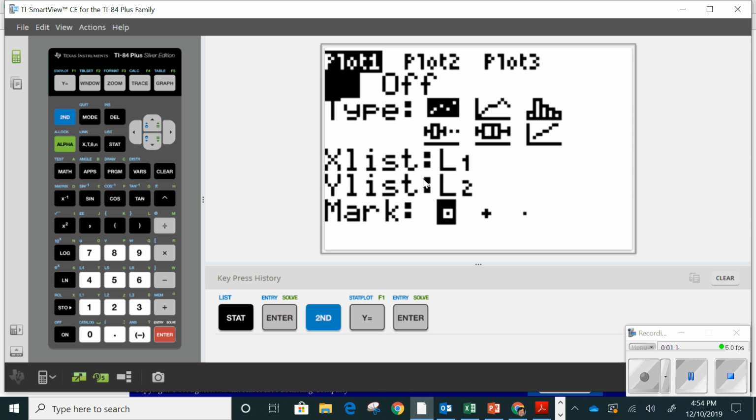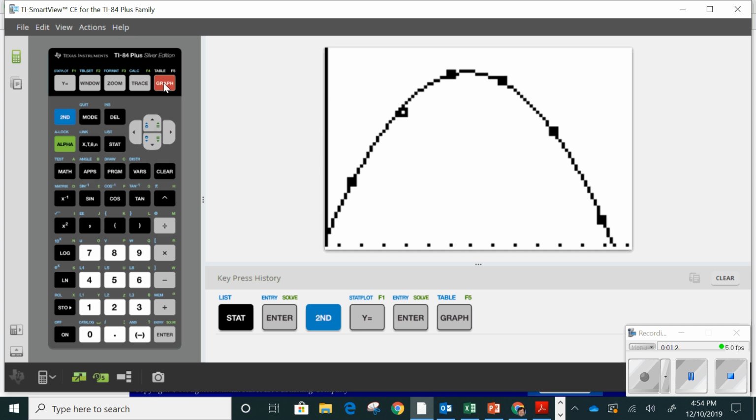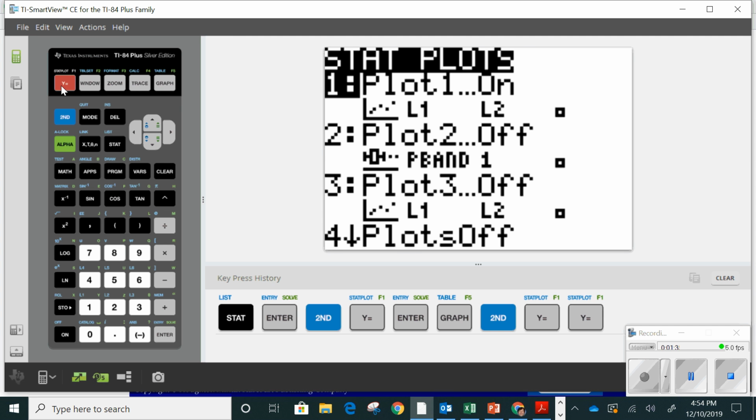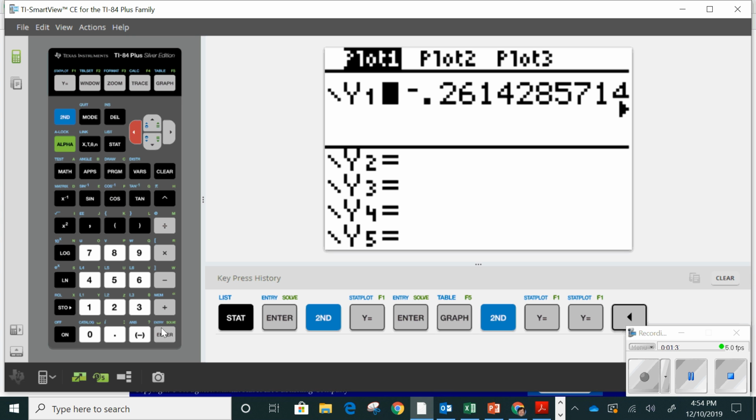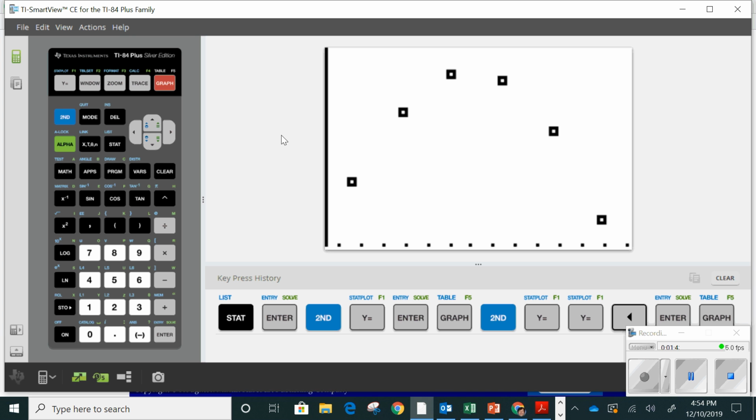If you don't remember how to get to L1, it is the second and then number 1 button, and L2 is second and then number 2. Those are the fastest ways to get to L1 and L2. Then we would go ahead and graph those equations right there, and you can see the dots. We've already done the y equals. We can turn off that y equals so we just don't see the equation yet. Now we see just the dots, those points, those values, and you can see that it forms a parabola that